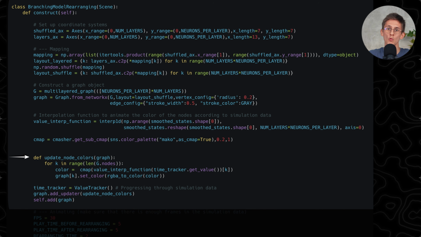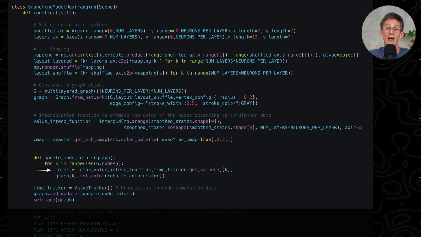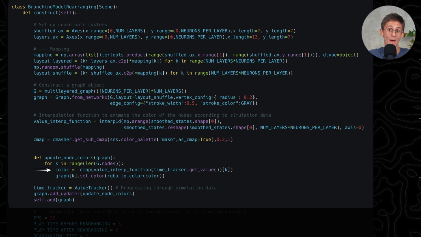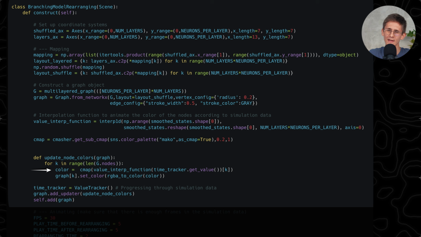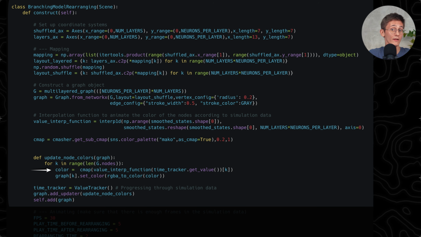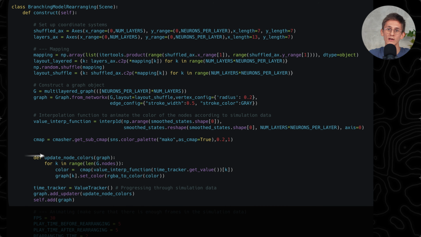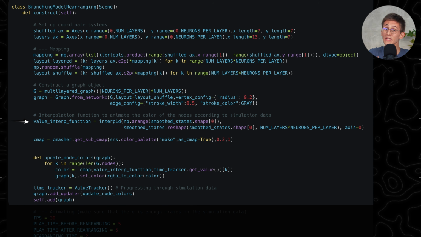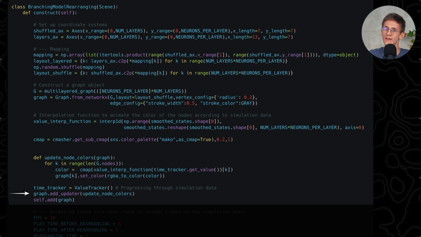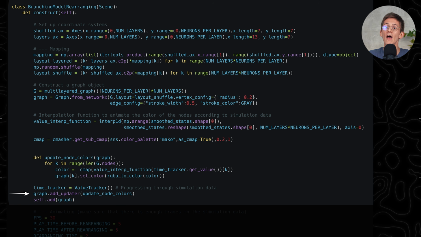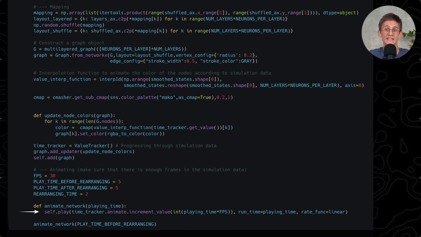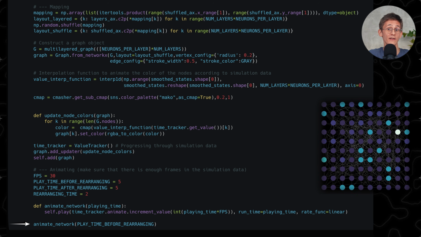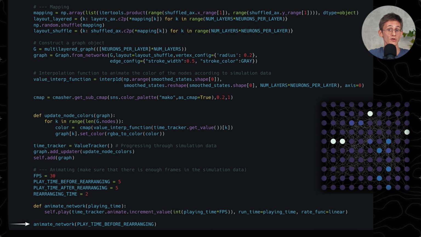This updater will change the colors of our graph's nodes according to a color map, and the value that's being passed into the color map is obtained by taking the value of our value tracker on a given frame and interpolating the simulation array for every neuron. Finally, we need to connect the updater function to the graph object and animate the value tracker to make it traverse a specified number of frames. This will create the animation similar to the one we had in Matplotlib, but with the positions of neurons being